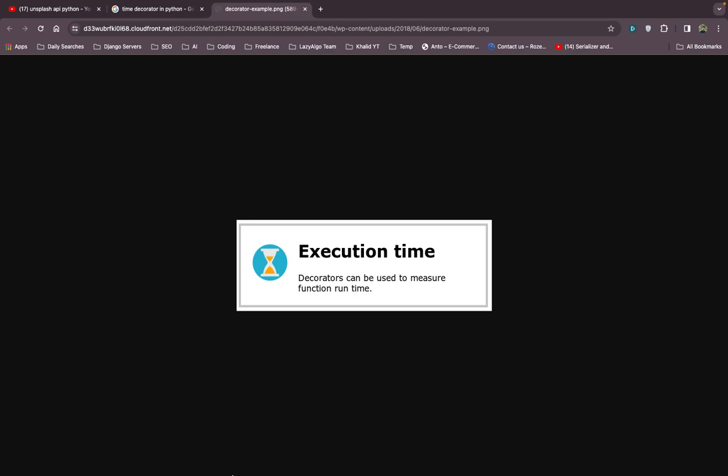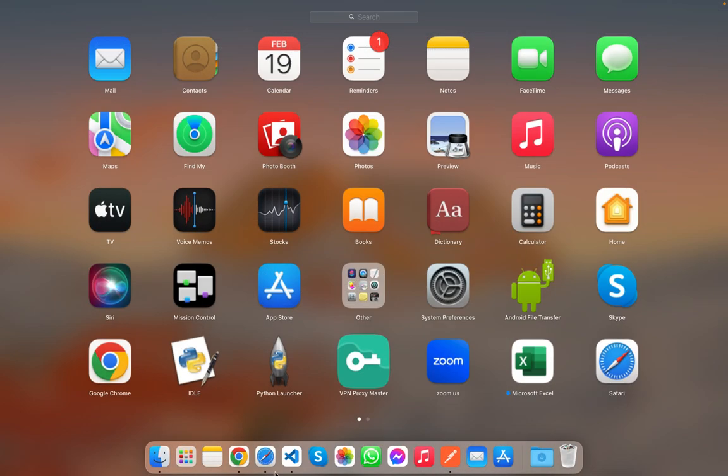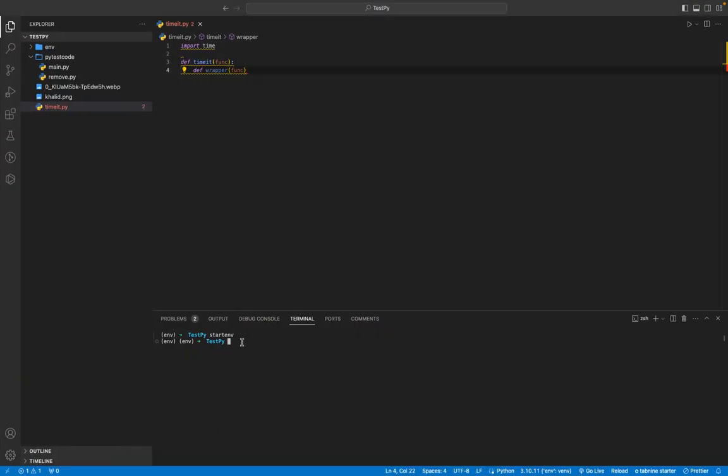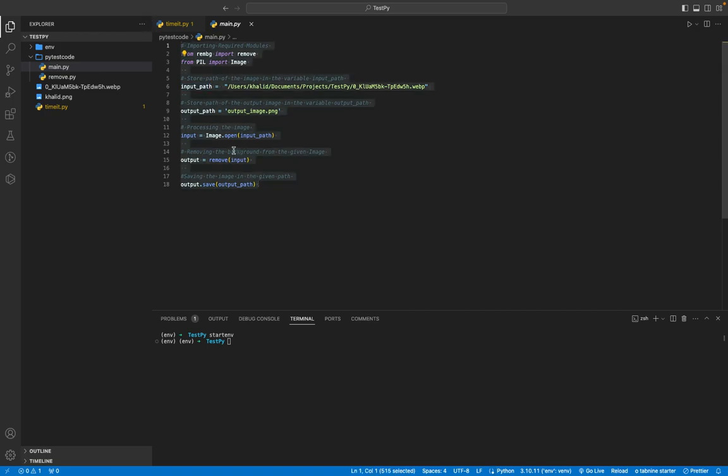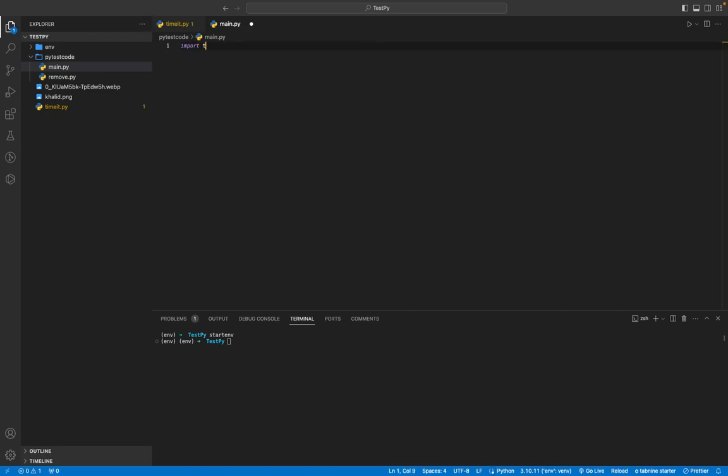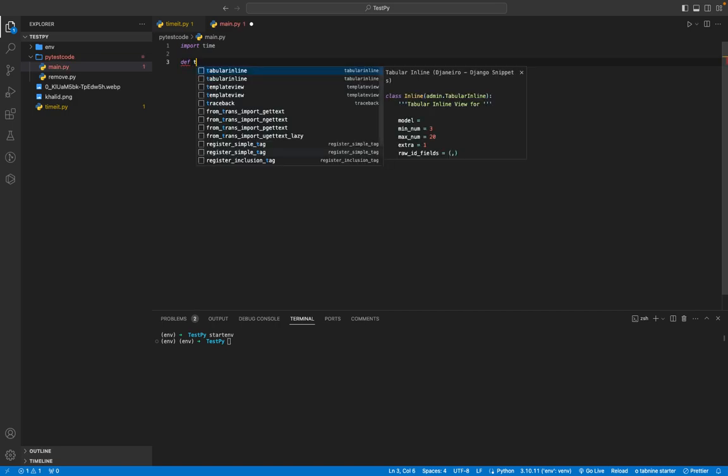So here we go. I need to open VS Code. Here is my VS Code, and I have activated my virtual environment. I will write code here in main.py. Remove this code, import time. Now I have to make a function like Timeit,